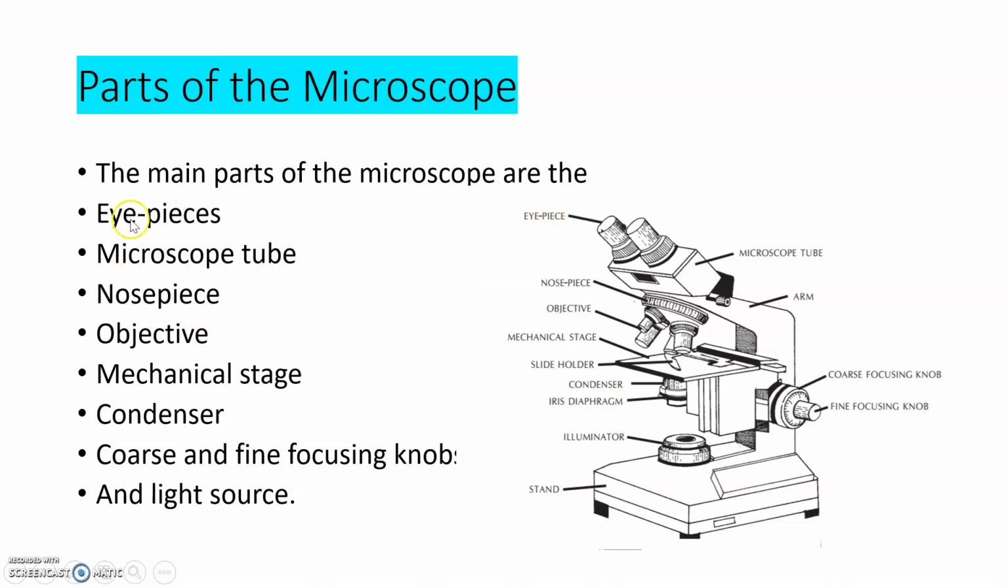Main parts only. The main parts of the microscope are the eyepiece, the microscope tube, then